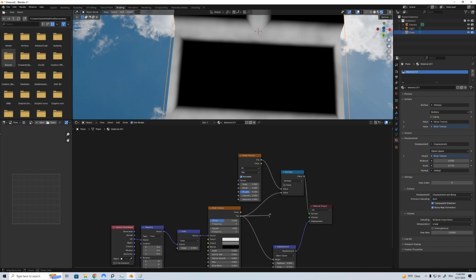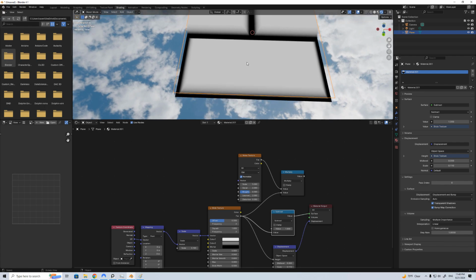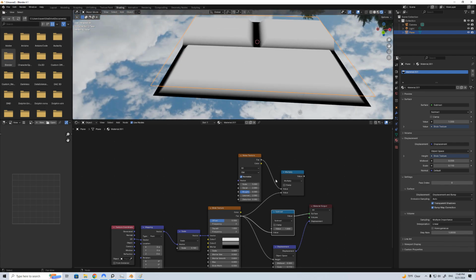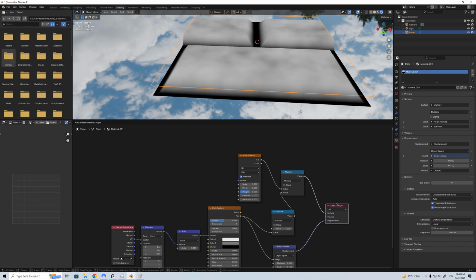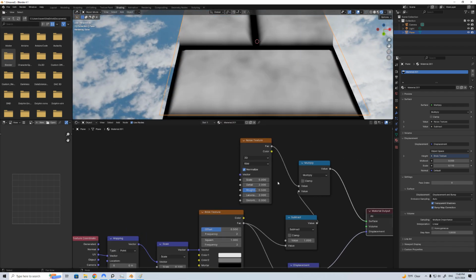Oh, you know what, let's do a little bit more math so we just get the bricks. So this right here, when we subtract it, we'll get just the flat colors of these bricks, and so we'll multiply that by the noise,